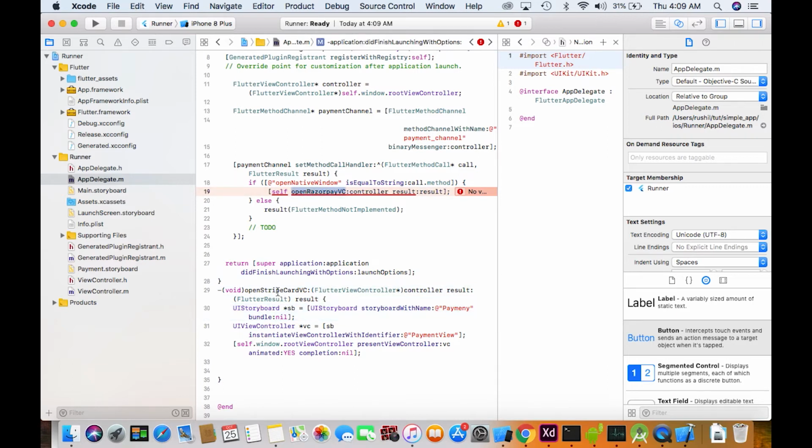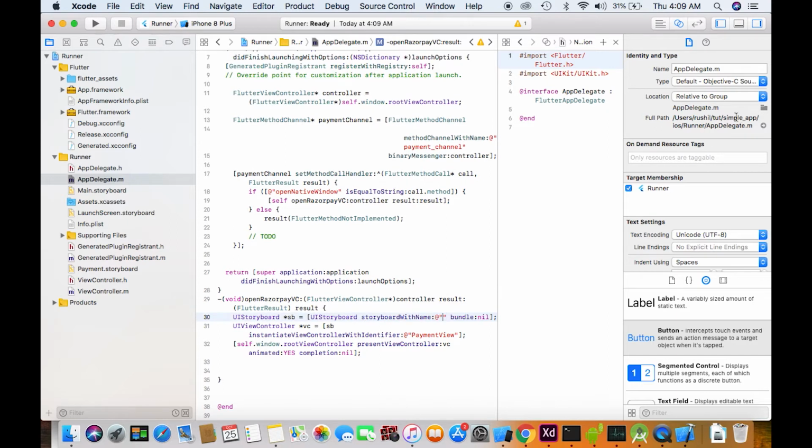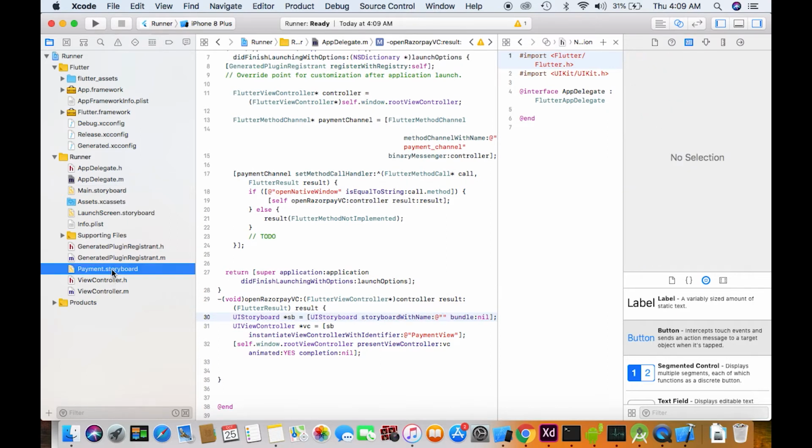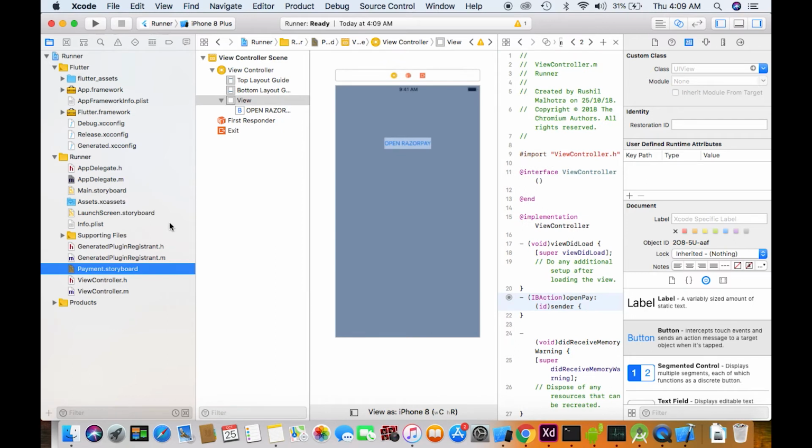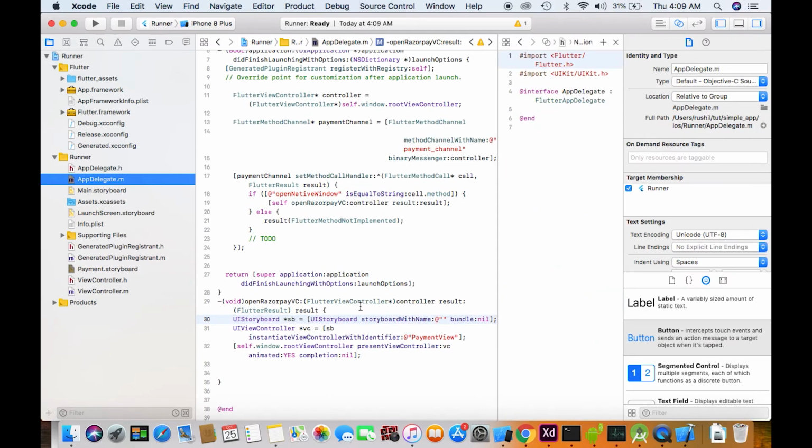Inside this, I'm going to explain the 3 lines. UI storyboard: we are referring to the storyboard with a name. This should be the storyboard name. The one we created is payment. It's simple, go back to app.m, it's payment. Now we'll refer to the view controller inside the storyboard.